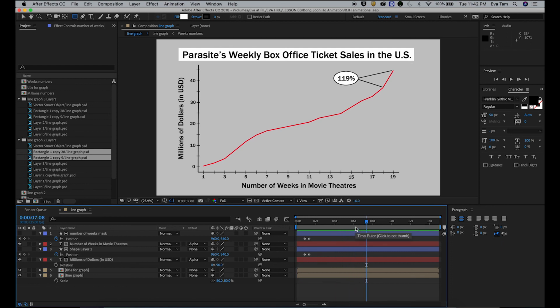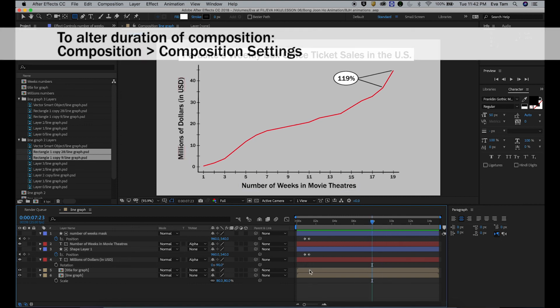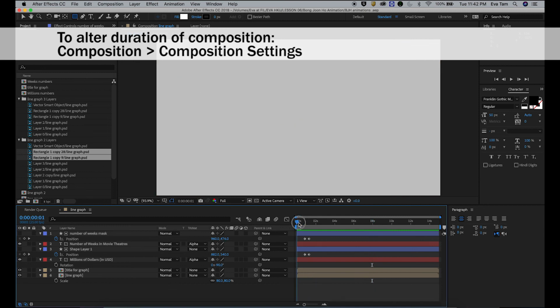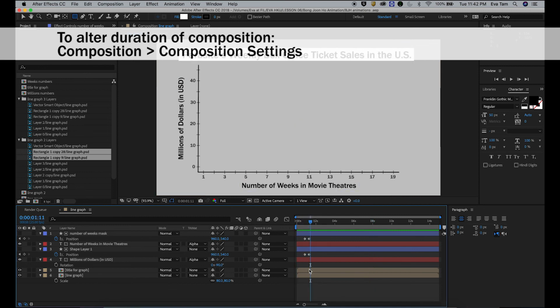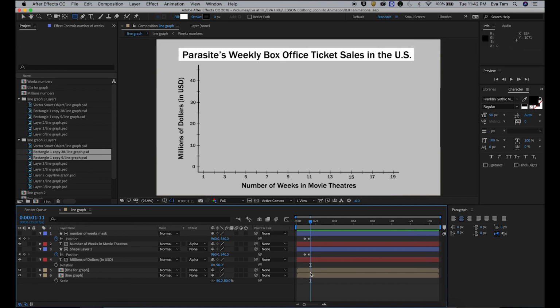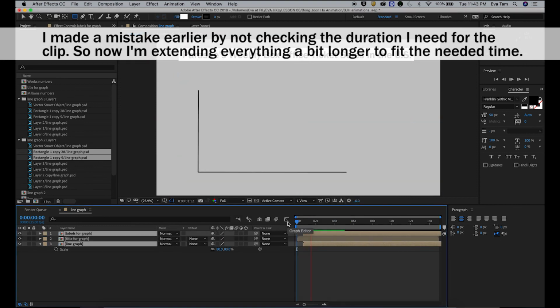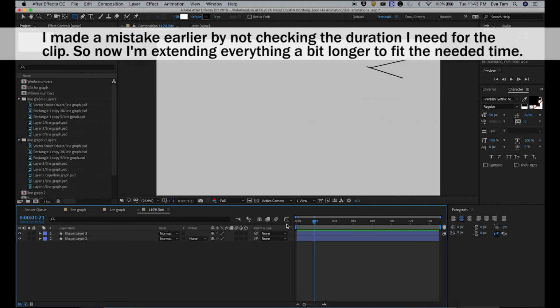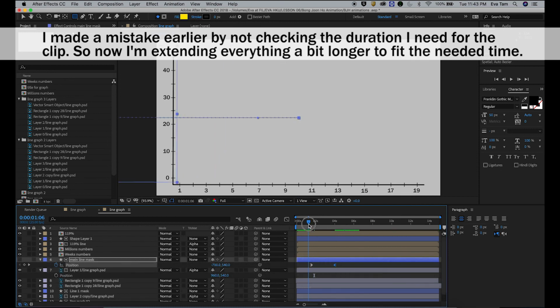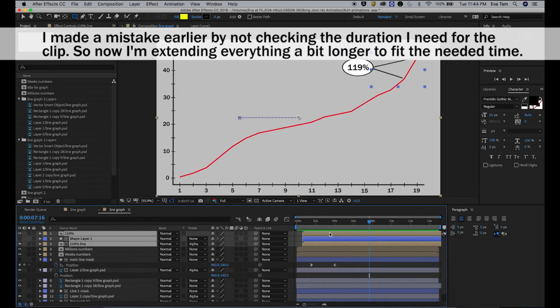So what you need to do is make sure it hits around 8 seconds. So you're gonna have to make everything delay a little bit. So maybe the title goes first. So that means when you go back to the original line graph, this will now be a little bit late.